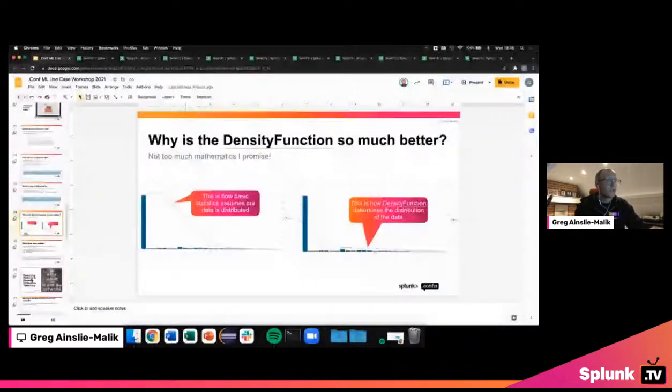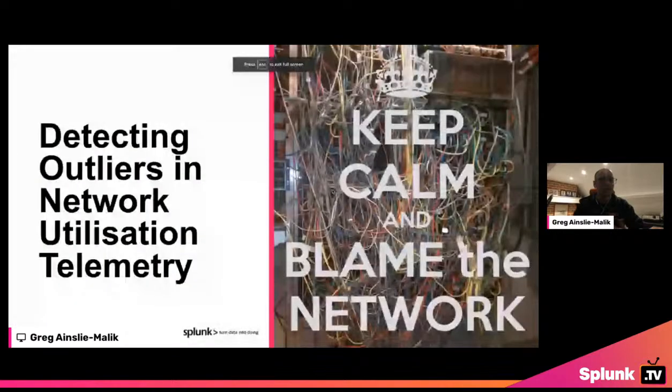The last one, talk about detecting outliers in network telemetry. A common IT joke, blame the network, right? This is quite a broad area. Network utilization could be as complex as what T-Mobile spoke about last year, their mobile phone network across New York City, hugely complicated. Or it could be as simple as